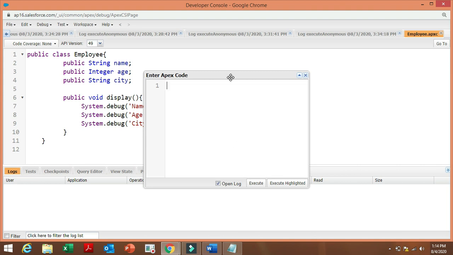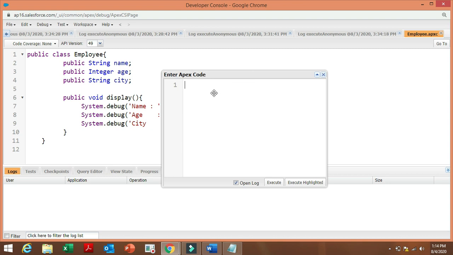Let's create an instance of this class. Employee emp is equal to new employee. Let's give values for this: name, age and city.